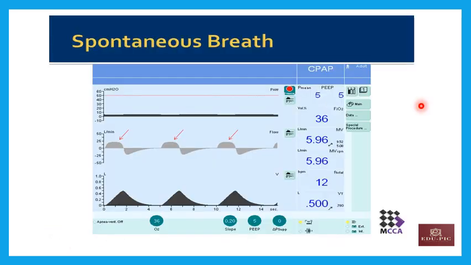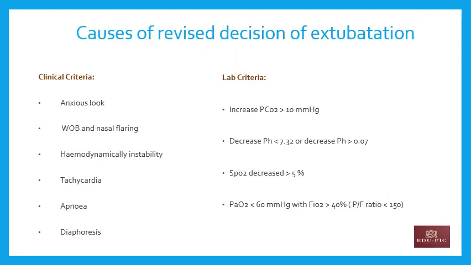Here is an example of spontaneous breathing trial parameters on mechanical ventilation. The patient will be on CPAP with minimal oxygen, less than 40%, and the PEEP is around 5, with zero pressure support, which can be manipulated and increased if the patient needs some respiratory support or pressure support in the ventilation. So now I have put the patient on a spontaneous breathing trial to try to prove that the patient is ready